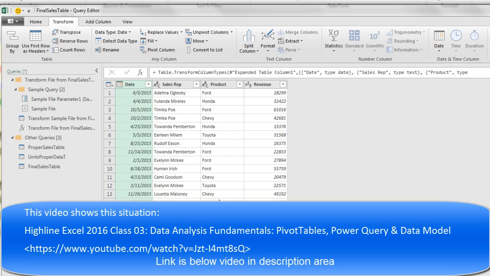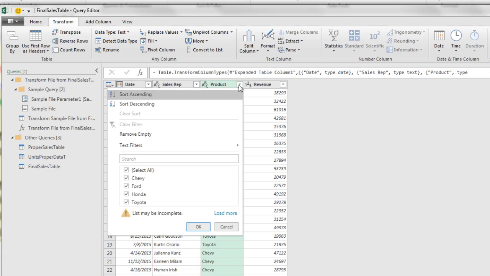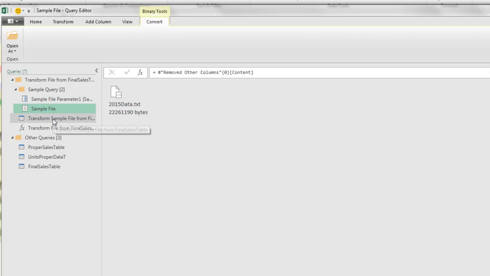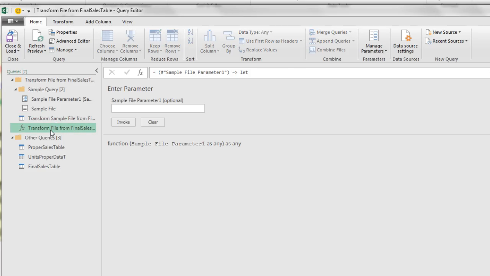So down below, there would be one false record that listed date, sales rep, product, and revenue. The trick was, in the earlier version, you had to use filter and load more and then filter out the one record that said product. But we don't have to worry about that anymore. What it did was it looked at the sample file. It actually built some code for us. Then it built a custom function that it can then invoke later for every single one of the text files